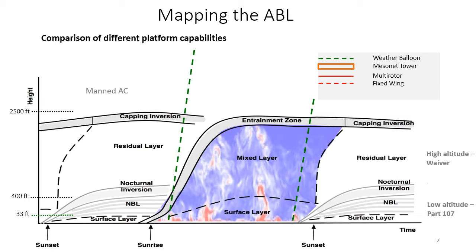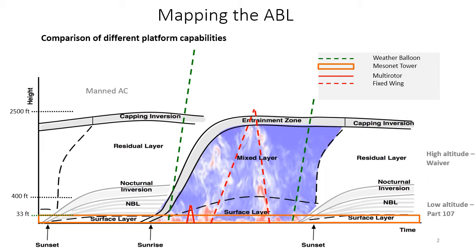The second method that we have is mesonet towers. These are on the surface of the Earth, and they can gather data constantly throughout the day. The main downside of this is they only go up to 33 feet. So with these two methods, there's a pretty significant portion of atmospheric data that we're missing, and this is where